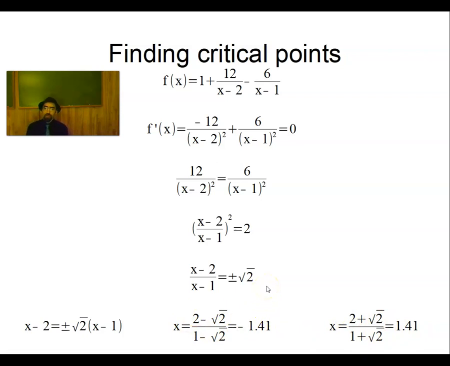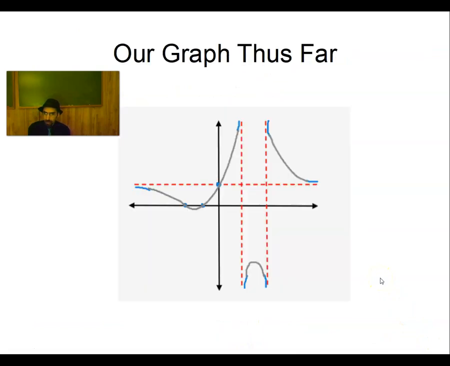Now normally you would say, well, we need to test to see if these really are critical points. But take a look at these numbers here. Negative 1 point something, positive 1 point something, right? If we rationalize the denominator, we'd actually get that they're exactly negative root 2 and positive root 2. But take a look at the graph over here. Negative root 2 would put you somewhere between these x-intercepts. By Rolle's theorem, there has to be a point in between where you get a horizontal tangent,